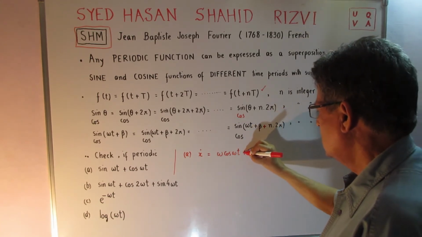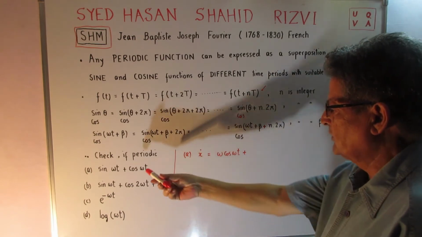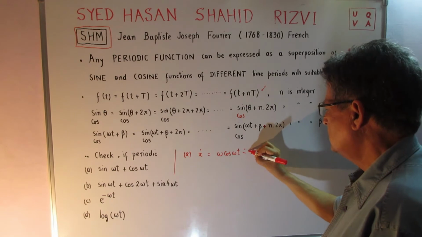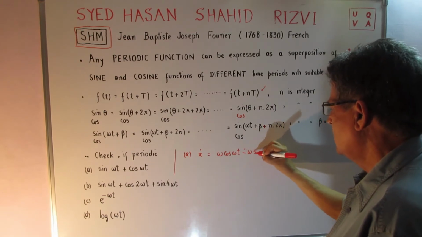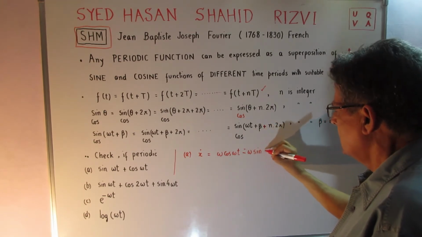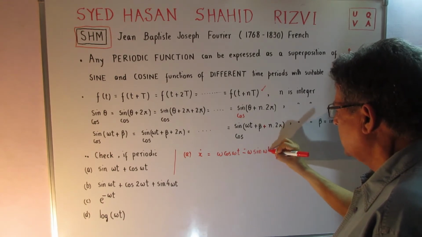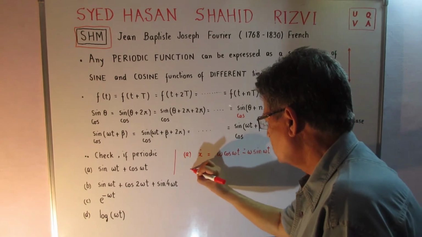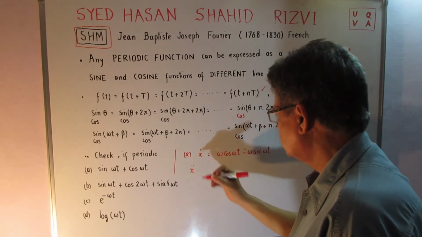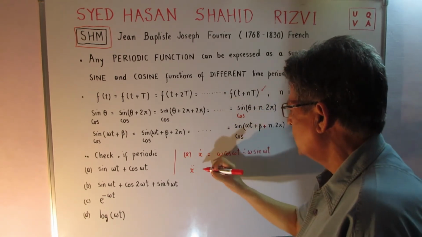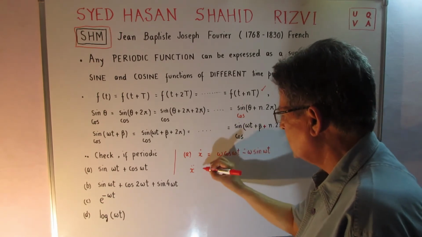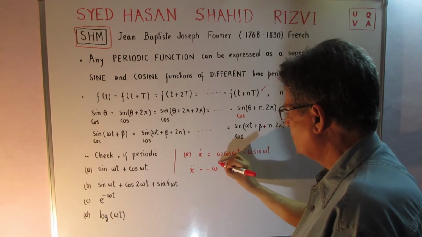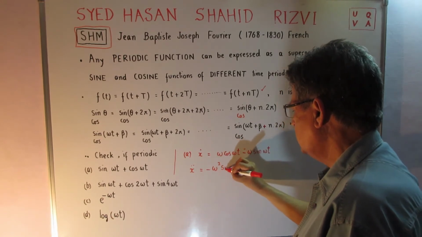Plus, because it is cosine, it has to become minus omega sine of omega t. So x double dot becomes equal to omega into omega, and for cosine it is minus sine, so this is equal to minus omega square sine of omega t,